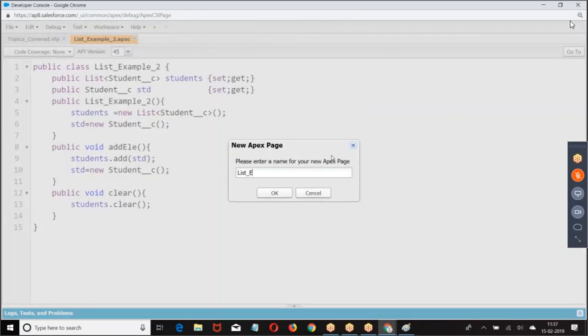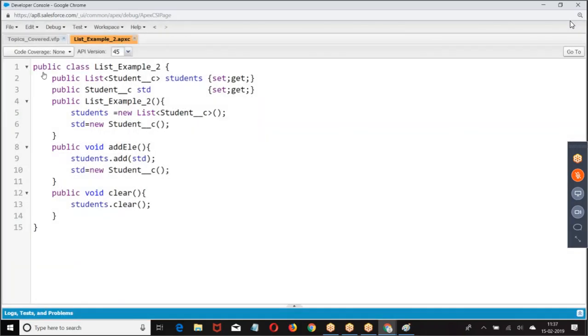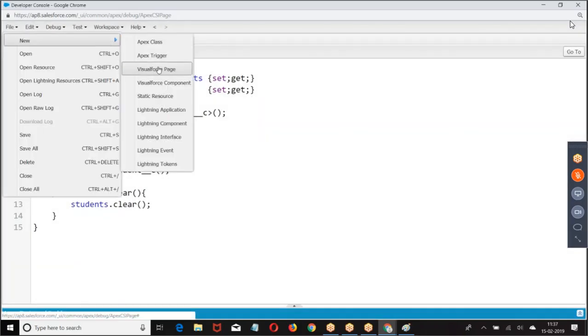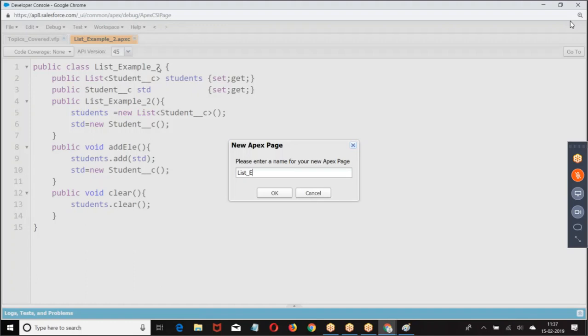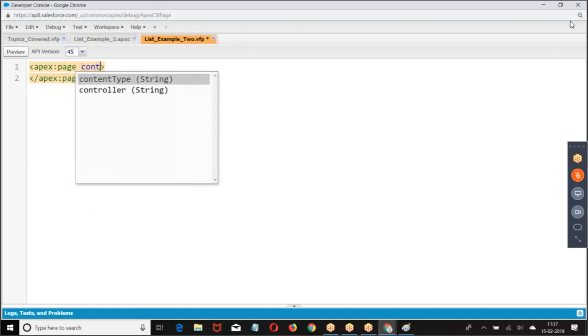I hope no one has a query on this example. Now, VF page.